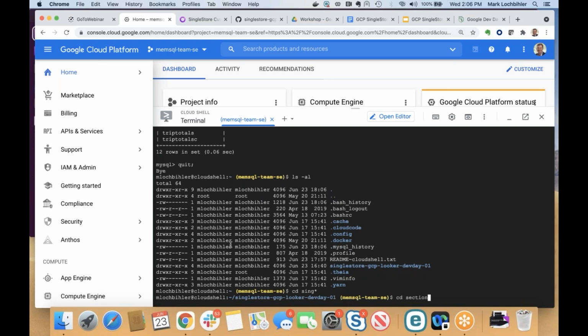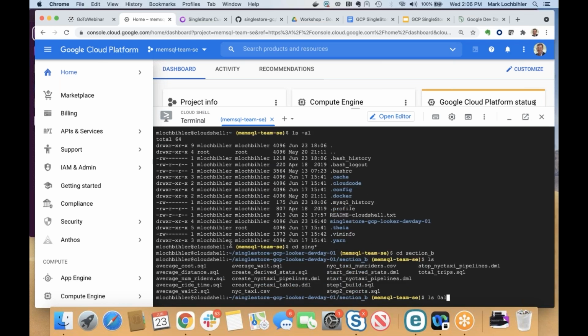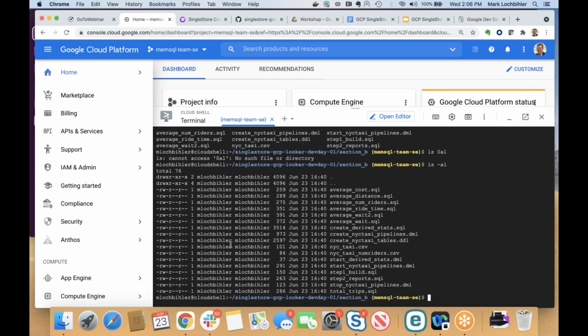So we've got all those commands for you to easily move in here. But I'll just show you one of the pipelines, and then you can work on all three. So if I show you, if I do VI on, actually it's one DML, data manipulation language command. So it's create New York City pipeline. So if I VI that